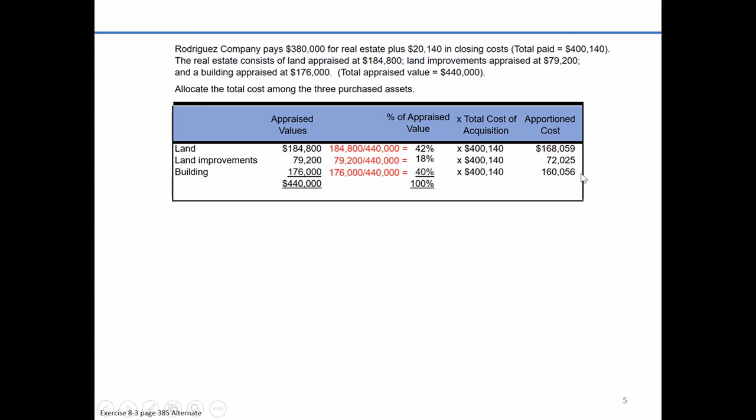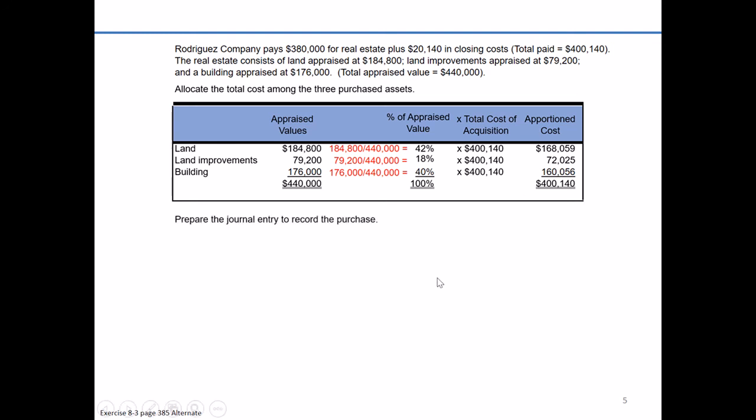We want to add up the $168,059 allocated to land, $72,025 allocated to land improvements, and $160,056 allocated to building, and just make sure that we really have allocated that $400,140. Now, I know this has been a lot of work, but we still need to do the journal entry,